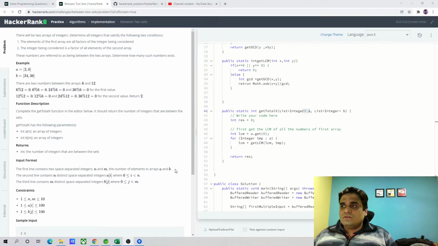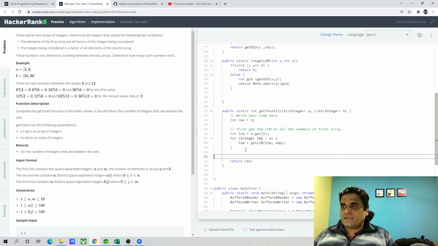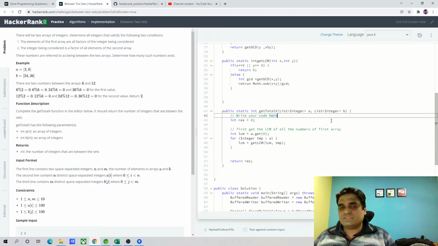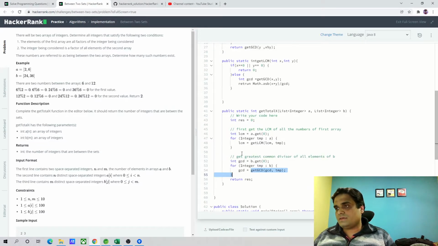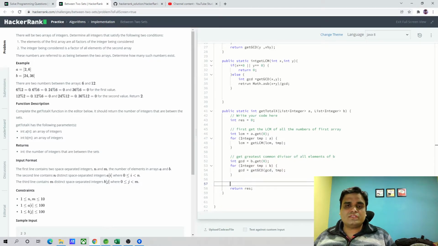So now the second part will be to find the greatest common divisor of all the elements of B, of this array. So utility function is already defined. What I'm going to do is a copy paste. Okay. So now the logic comes. What logic is that what we are going to do is,